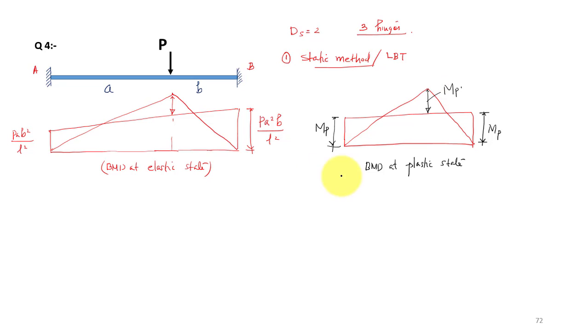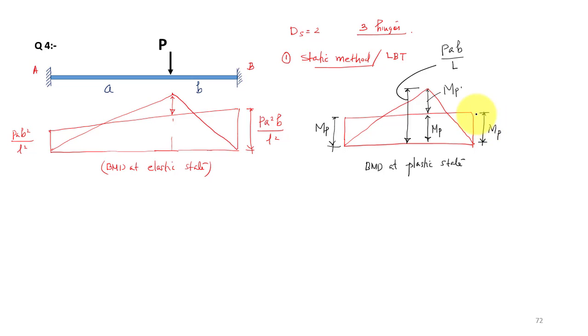Okay. So now what is this total height? This triangular moment diagram is the sagging moment in your simply supported beam subjected to the same loading. So this total height is nothing but P A B by L, where L is the total span A plus B. So now I can say that this is MP, and this height also MP,